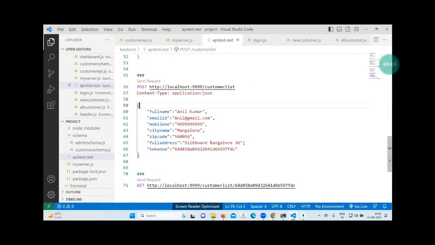You check from here once. Comma. You need to give the comma and then pass the token number. This token number already have here. Same thing then add.